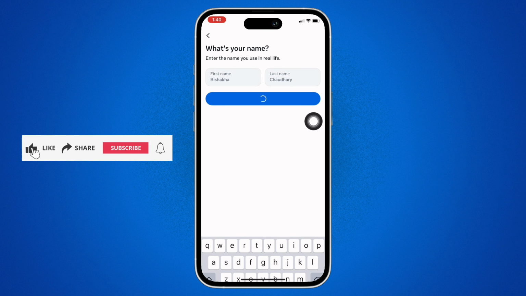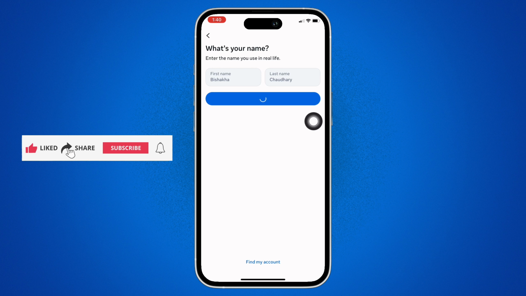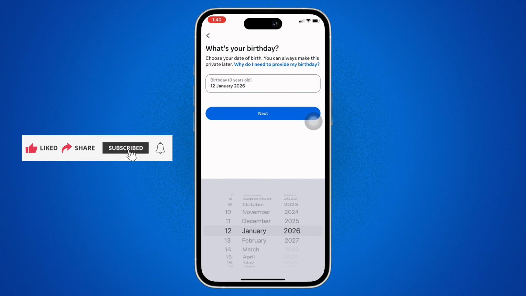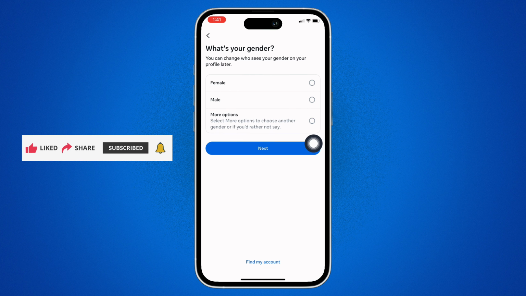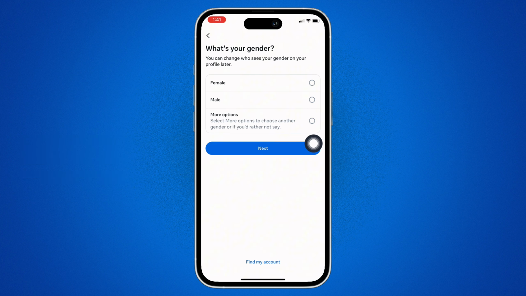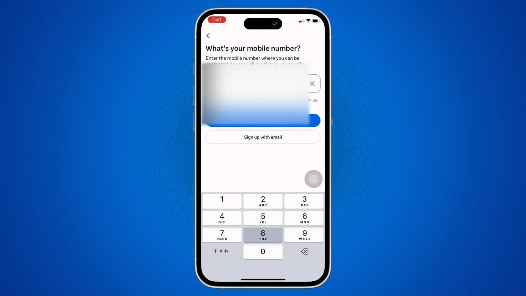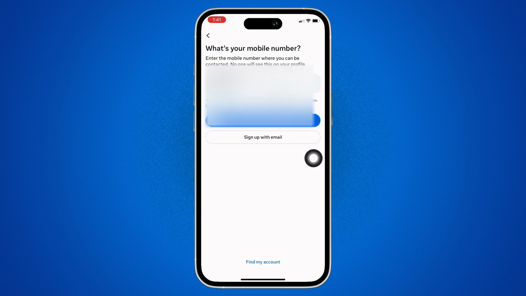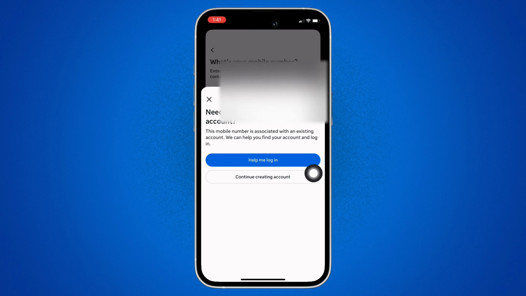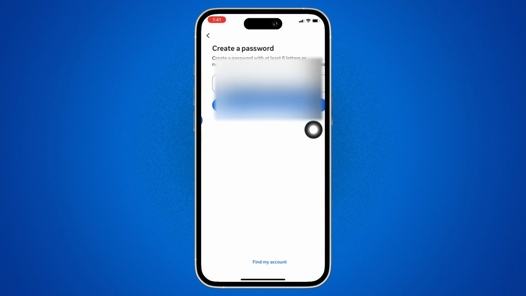You will further be required to enter your birthday, so go ahead and enter your birthday and tap on next again. Further, choose your gender and then tap on next, and you will then be required to enter your mobile number, or you can also sign up with your email if you want. Once you have entered your email address or your mobile number, tap on next and you will be required to